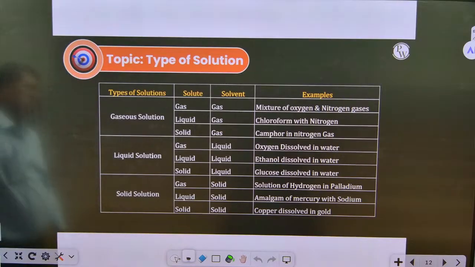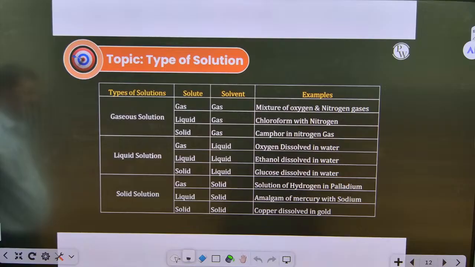The gas dissolved in gas, we took atmospheric air. Liquid in gas, that is carbon dioxide dissolved in water, and solid in gas, camphor in nitrogen. Liquid solution, gas in liquid, oxygen dissolved in water, liquid in liquid,